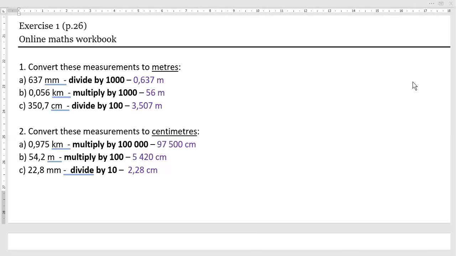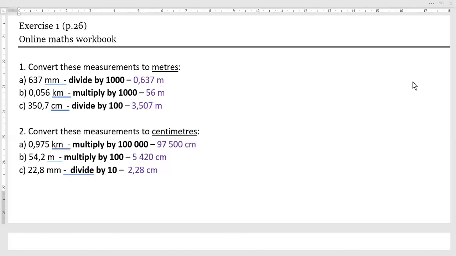Okay, the same with the next one. Convert these measurements into centimeters. Okay, so kilometers are bigger than centimeters. So that means we have to take our centimeters and make sure that it is more than our kilometers, if that makes sense. So if you look at our kilometers is 0.975, right? We need to make sure that it is past the comma. So we need to make sure that it is a full whole number, because it is basically smaller, but